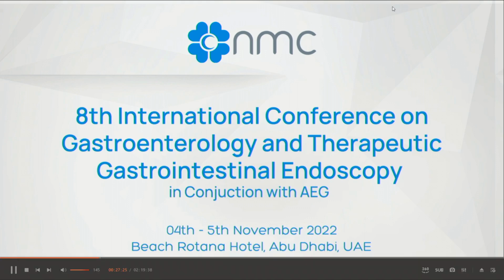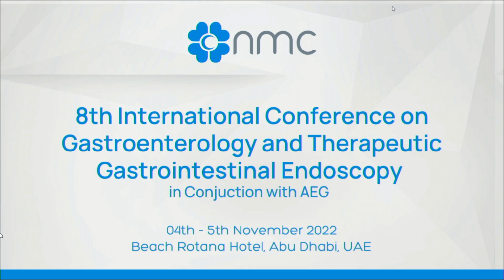Okay. So tract seeding is one of the rare complications of EUS FNAC. The advantage in the pancreas is that usually you take a biopsy from the second part of the duodenum, and if it is a curative resection, then they will do a Whipple's procedure. So they will be resecting that part where the tracking could have happened. So that is the advantage. If you do a CT guided biopsy, there will be a track from outside, so it will be impossible to remove that. But if you are doing EUS guided biopsy, you can remove it entirely as part of the specimen in Whipple's